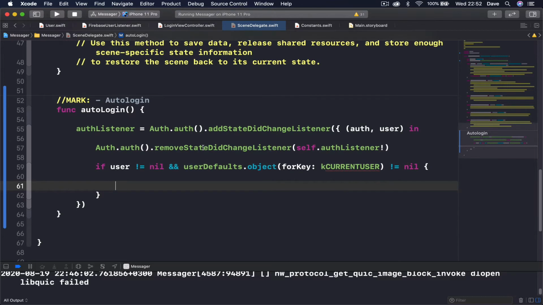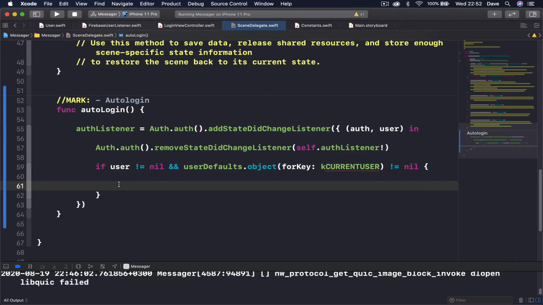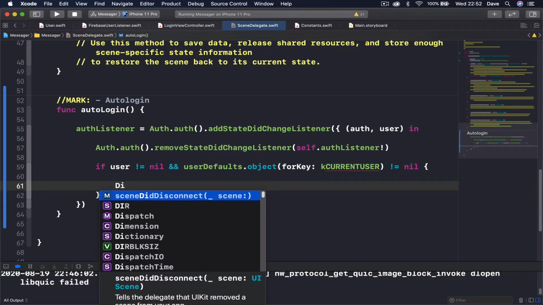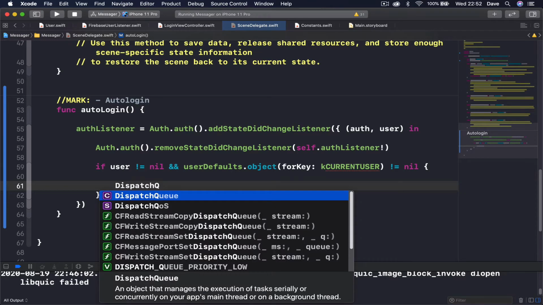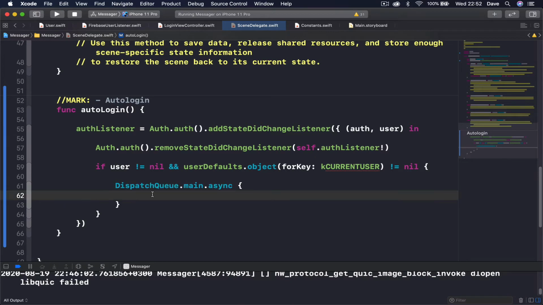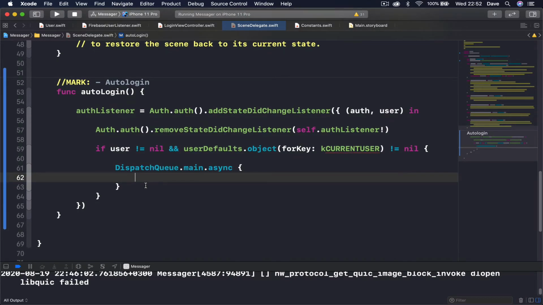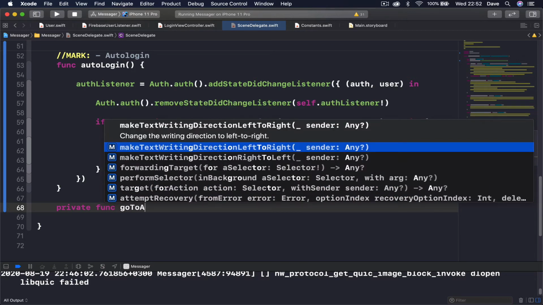And in order to do that, because everything here is happening on a background thread, and presenting another view is a UI change, we need to do this on a main thread. So I'm going to get to my main thread here. We say DispatchQueue dot main dot async, and we will just put the code here, whatever we want to do on a main thread. And we want to go to the application. So let's say private func goToApp,